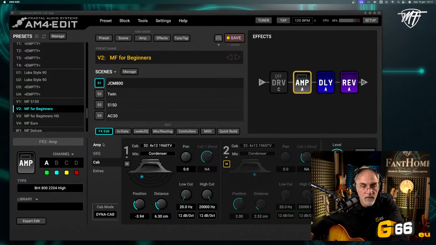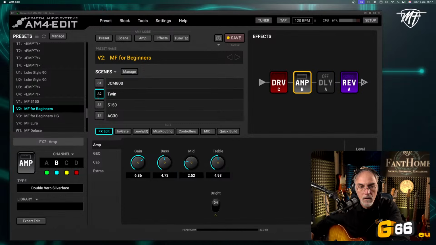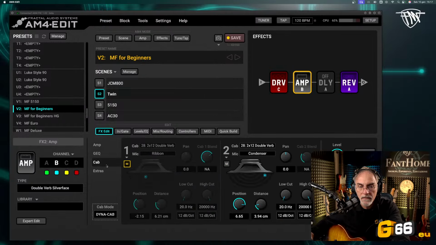So if you look at the amp, in scene number 1, the Brit 800, JCM 800. When I select the scenes, as you can see, the channel goes to B, and on B channel you have the Double Verb. It is the Fender Twin with its cabinet. Also the cabinet changes, not only the amp.